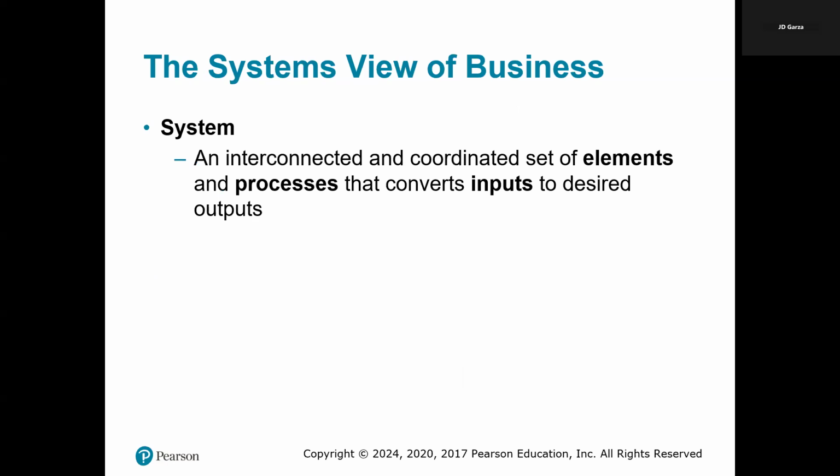As we look at this first slide, it introduces a systems view of business. It emphasizes how all of the elements within an organization are interconnected and how they work together towards achieving a common goal. If you think about it, a business system consists of inputs, processes, and outputs, forming a network of coordinated functions. This approach highlights how each department and activity is part of a larger framework, with every action influencing the others.